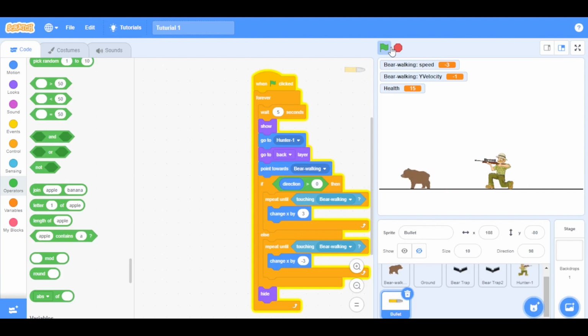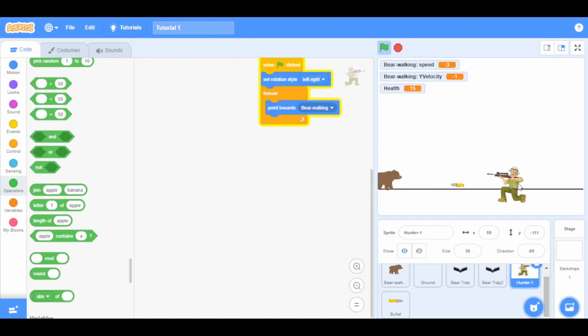Let's put our hunter slightly down for now, so that it's a little bit easier to avoid the bullets. As you can see, the bullet has not returned to the hunter because it's stuck in this loop. To avoid this loop,